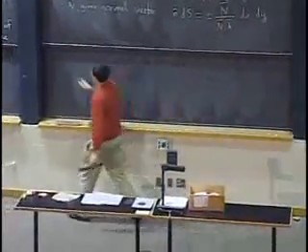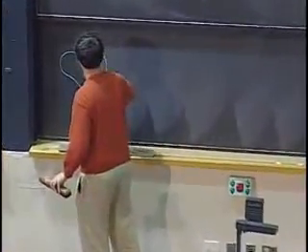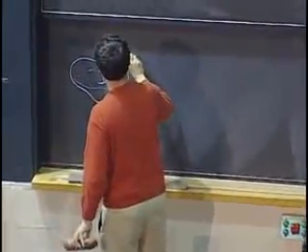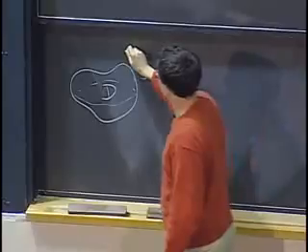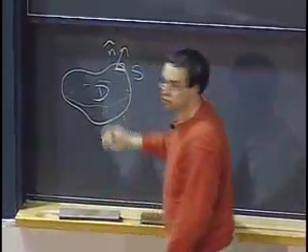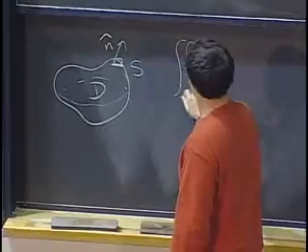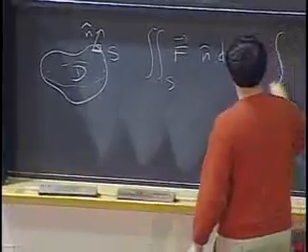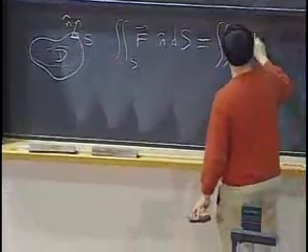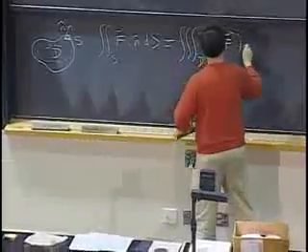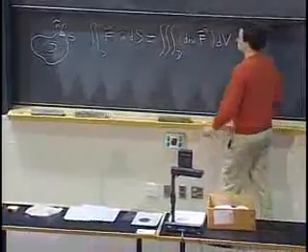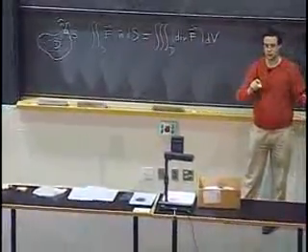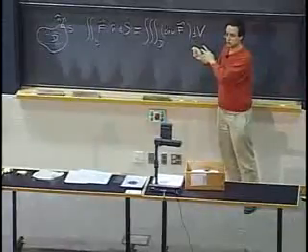Just to write them again, the divergence theorem says if I have a region in space and I call its boundary S, so that's going to be a closed surface, and I orient S with a normal vector pointing outwards, then whenever I have a surface integral over S, I can replace it by a triple integral over the region inside. This is a vector field, and this is a function that somehow relates to the vector field. You should know the definition of divergence, of course.